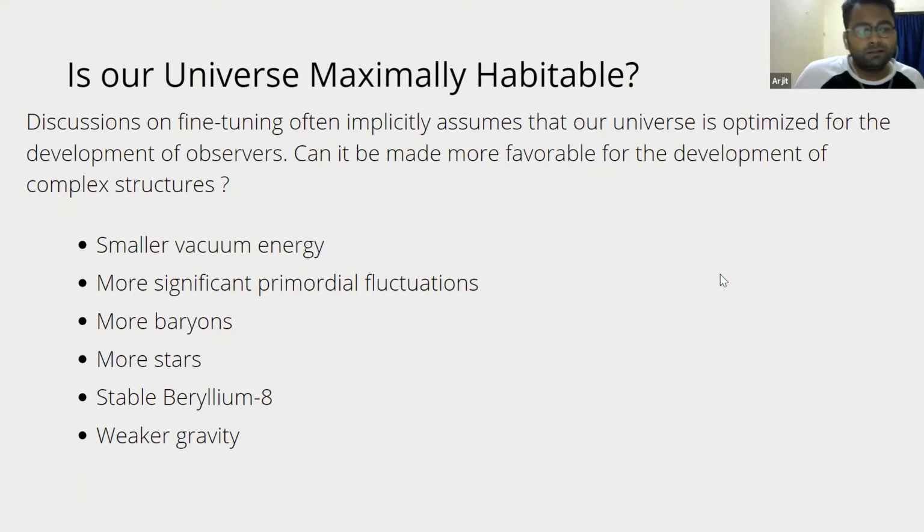We also argue that a weaker gravity could work in favor of a habitable universe. If the strength of gravity is weaker than in our universe, then the cosmos could expand more slowly, so that life would have more time to emerge and evolve. In addition, the stars and planets could grow larger, allowing larger animals and life forms to occur. So these were some of the arguments I posed, and by this I conclude.